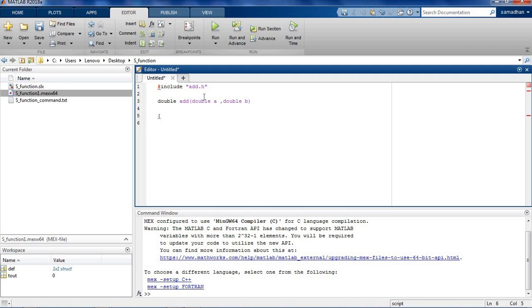Under this, I want to store the result. c is equal to a plus b, and I return c.